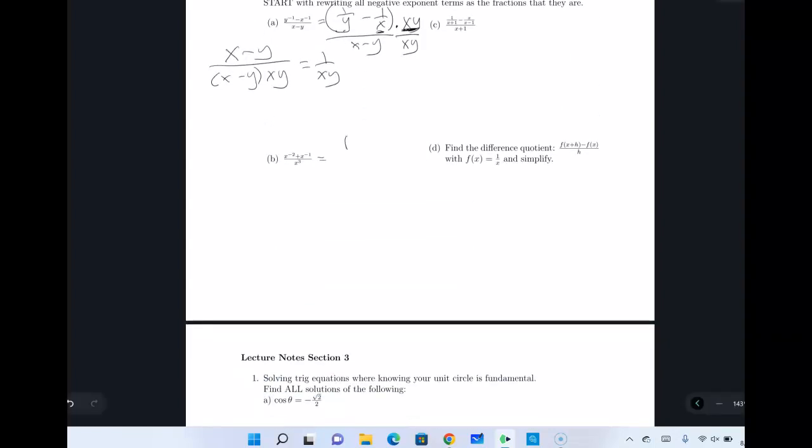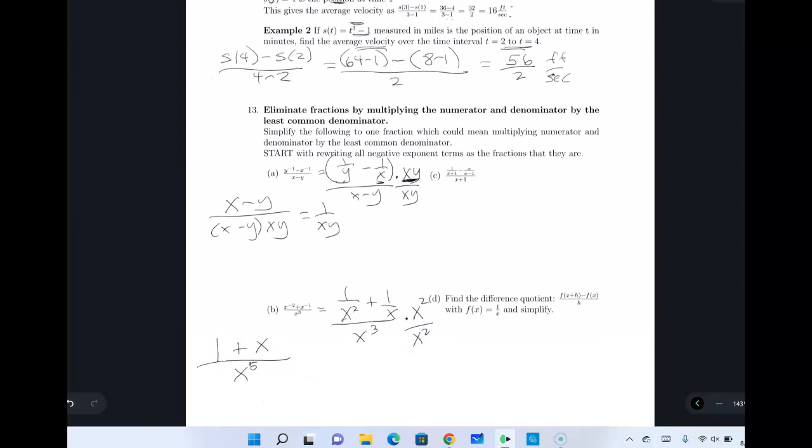This one here, let's rewrite it. 1 over x squared plus 1 over x, all over x cubed. So the common denominator from the top and the bottom would be x squared. That's the least common denominator. So canceling as I go, I'd get 1 plus x over x to the 5th power, right? Because you add exponents, x to the 5th. Okay, so